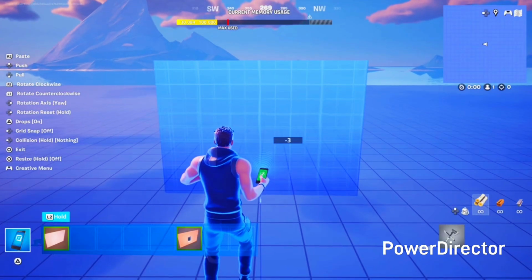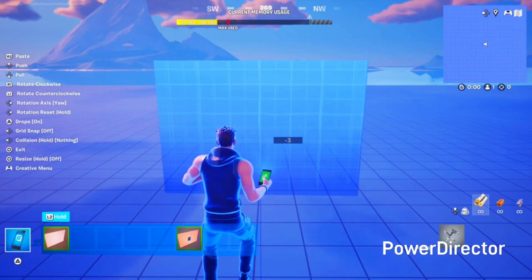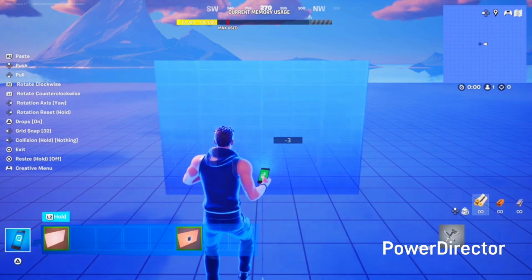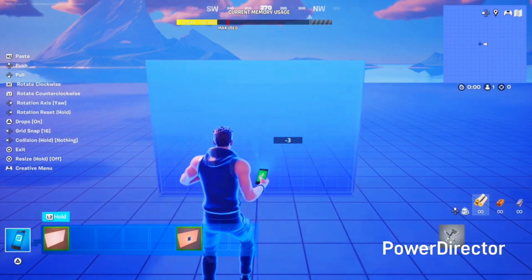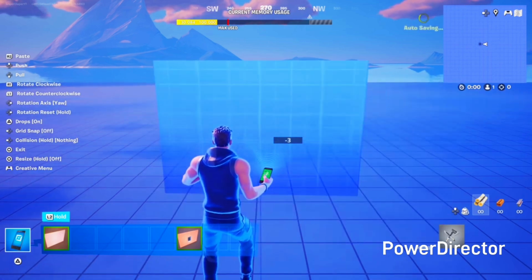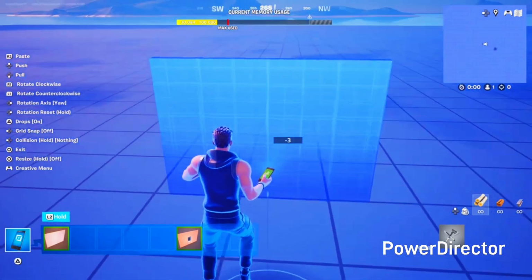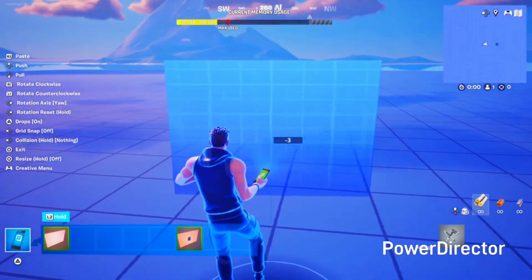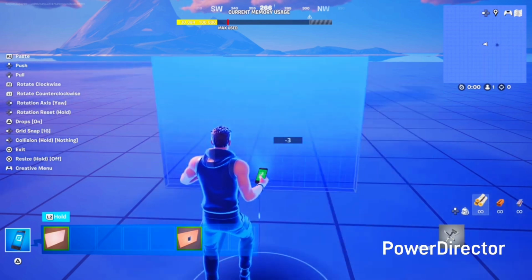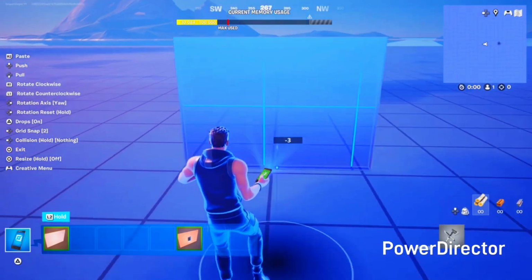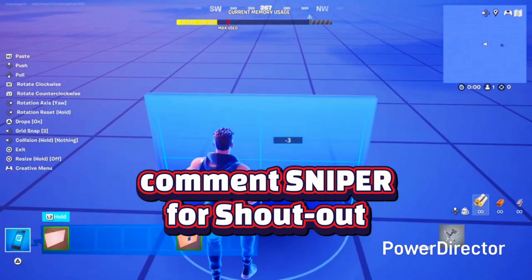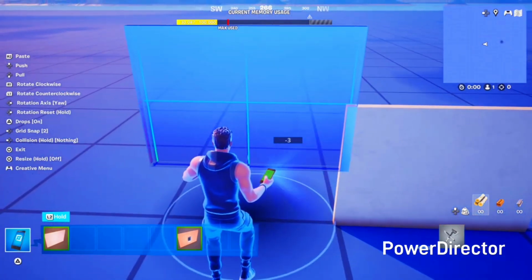So if you click on your grid snap to the left, it says grid snap off. If you click grid snap, you get 32, 16, 8, 4, 2, and 1. The best setting to place down any objects on this big XL grid is going to be 2 and 1, but I usually use 2 because you get a perfect snap at where you want to go for your grid. So say I want to have it right there for a wall, and then another one